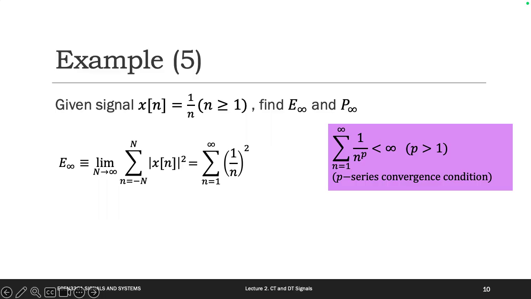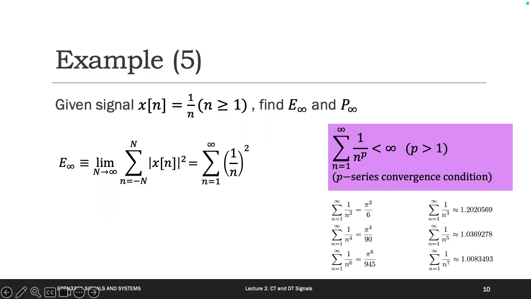So which means this one should be some specific one. If P equal 2, if P equal 4, if P equal 6, 3, blah blah blah, it will equal this value, which means it should be smaller than infinite. That makes sense to you? At least you know that. This is for this situation. That makes sense to you?